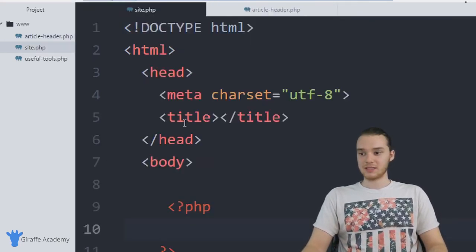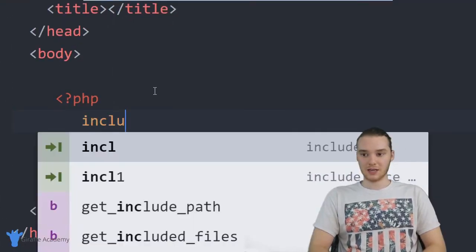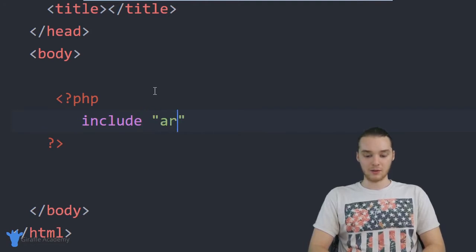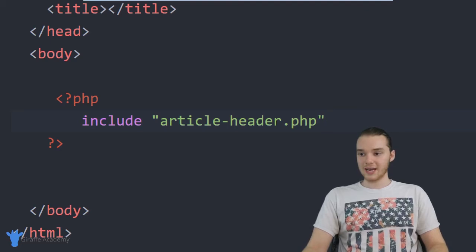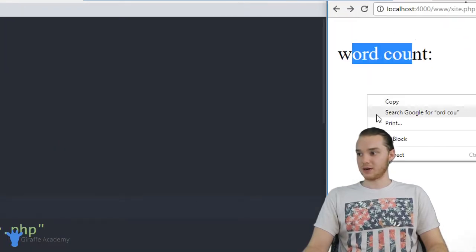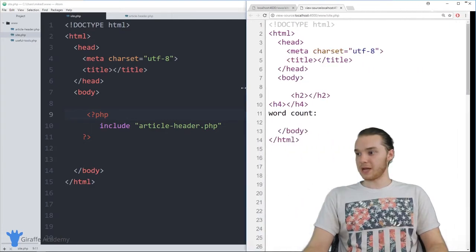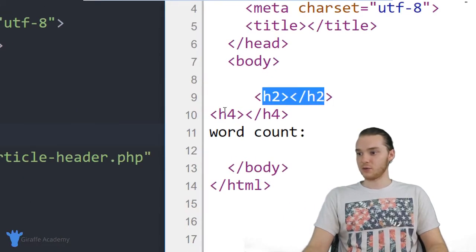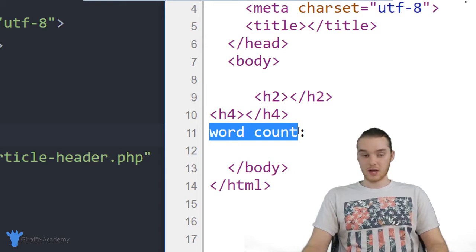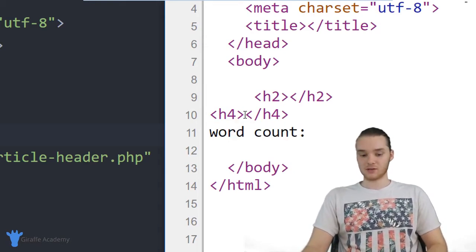So down in this site.php file, I'm going to come down here into my PHP tags, and I'm just going to say include, and I want to include that file. So it's article header.php. So when I include this file, you'll see over here when I refresh my page that we get this little skeleton here. So if I actually viewed the page source, you'll see over here in the page source, we have this header 2, we have this header 4, and we have word count. So we actually got all of that information from that other file, but these things are all empty,